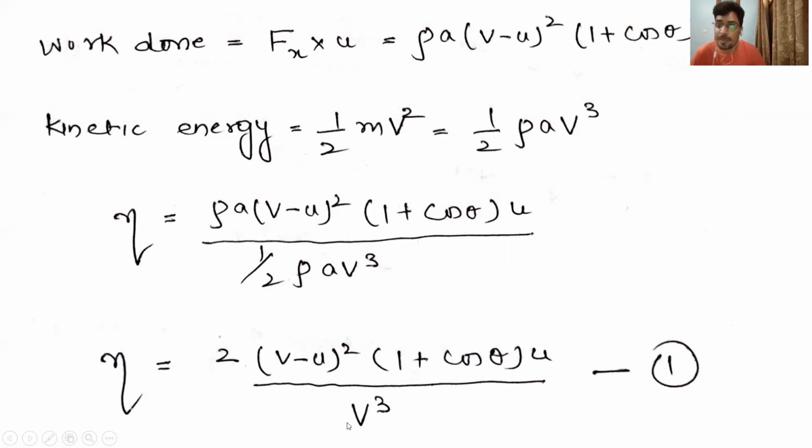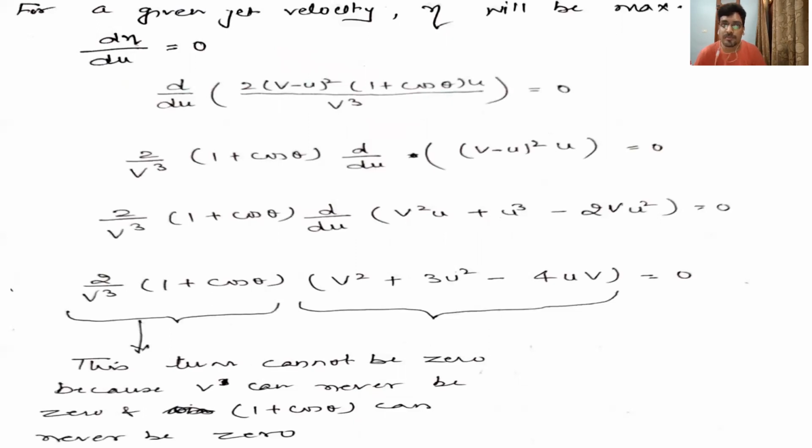Now, what will be the condition at which we will get the maximum efficiency, when the vane is symmetrical and moving, when the jet is striking on this symmetrical vane? For that case, for finding out the maximum efficiency condition, we know that the jet is moving the curved vane with certain velocity, that is U. So for finding out the maximum condition, you have to differentiate the efficiency with respect to U and put it equals to 0.